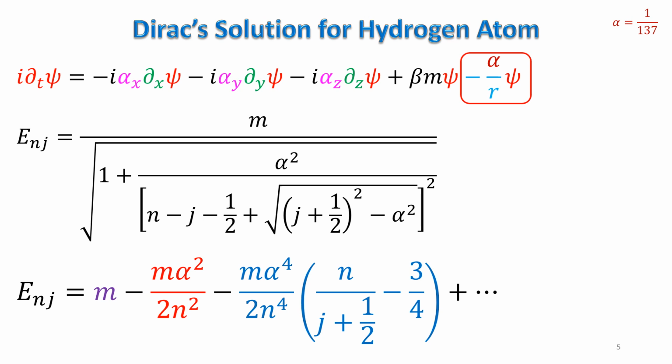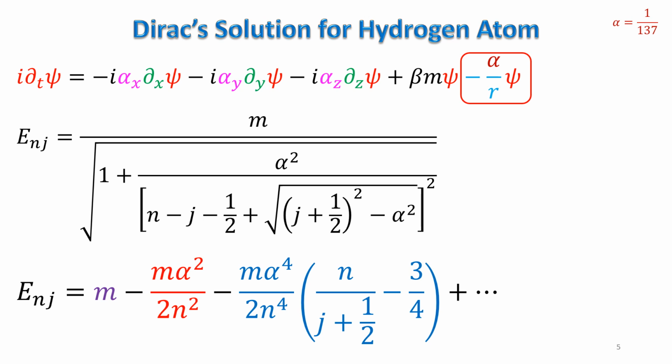The next term is where the angular momentum quantum number j plays a role, and that corresponds to the fine structure. The predicted energy split for n equal to 2 and j equal to 1 by 2 and 3 by 2